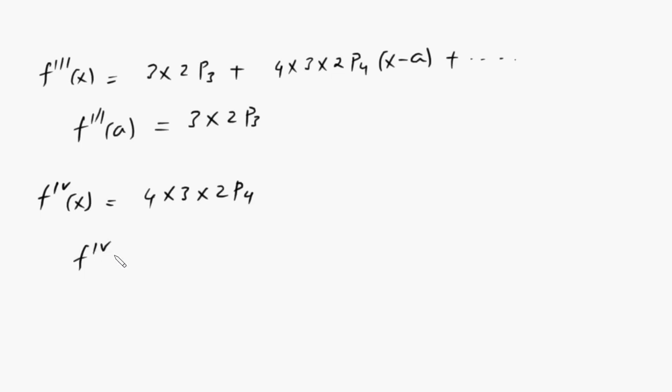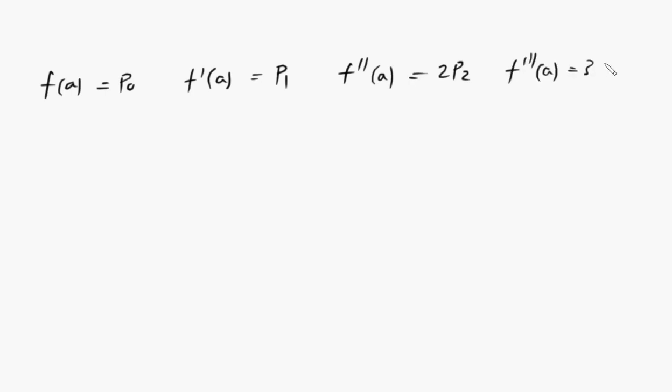So my f4 dash, okay, na kuendelea, okay? So I mean kama ambavyo huku kuna x minus a na huku kuendelea kuna x minus a. Kwa hiyo nikiweka a kwenye x hapa zote zitakuwa 0, nitabaki tu na hiyo 4 times 3 times 2 p4. Okay, you can try this. Karatasi yangu ndogo ndio nimesha 4, lakini ukitaka kwenda mpaka 5 6 7 ni wewe. Okay, so